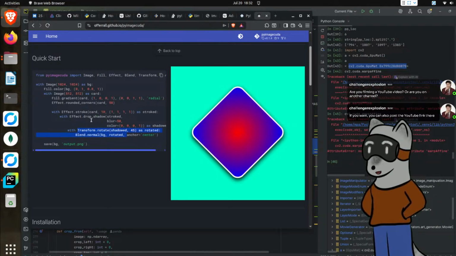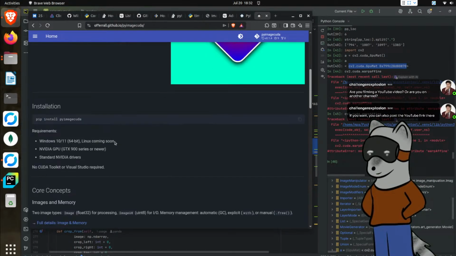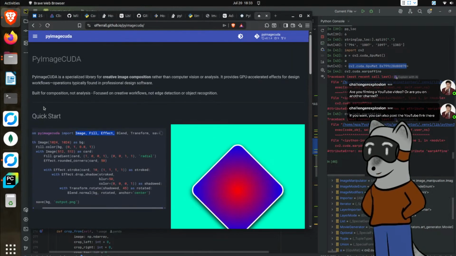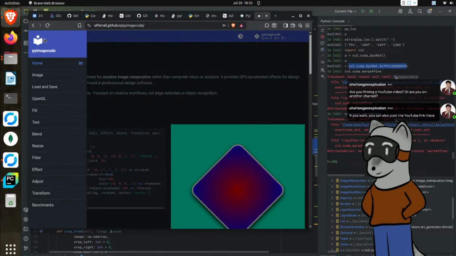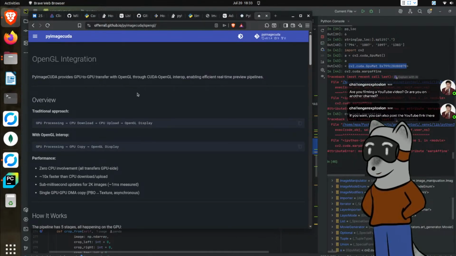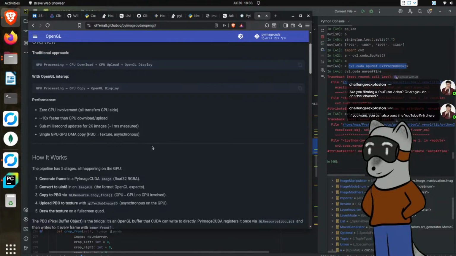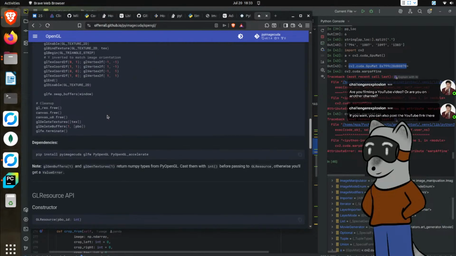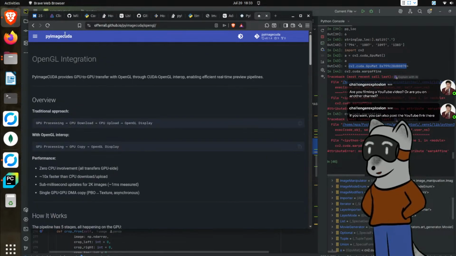Hey, look, transform.rotate, drop shadow, round corners. This looks like they have a lot. They have transform, blend. We should probably dive into here and see. Let's see here. Pi image CUDA. I see OpenGL. This is like an OpenCL, OpenGL.gl. I wonder if I can use this. Let's see. Where's the